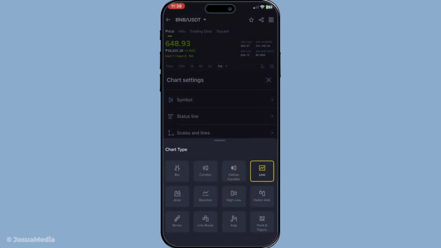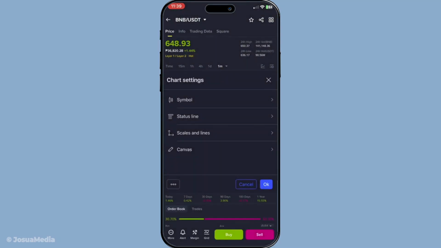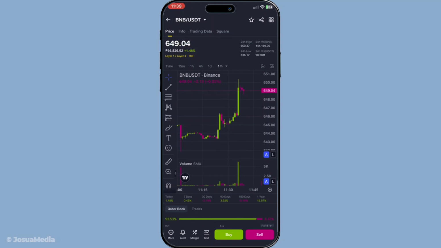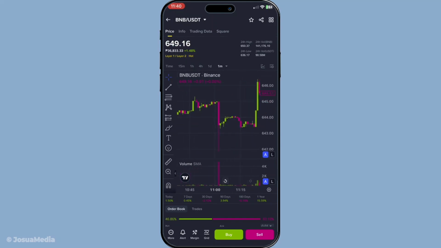Furthermore, while you're in the settings menu, explore the different indicators available. These indicators, like moving averages or Bollinger Bands, can provide valuable insights into market trends, helping you to strategize your trades more effectively. Experiment with these tools and see which combination gives you the information you need to trade with confidence. And there you have it, a quick and easy guide to changing the Binance graph to better suit your